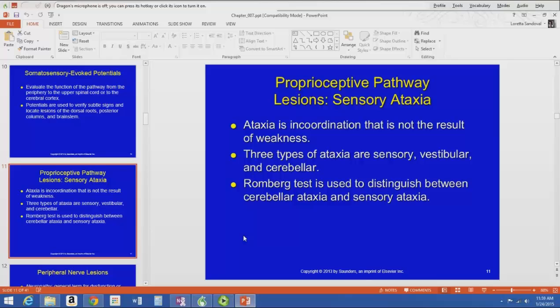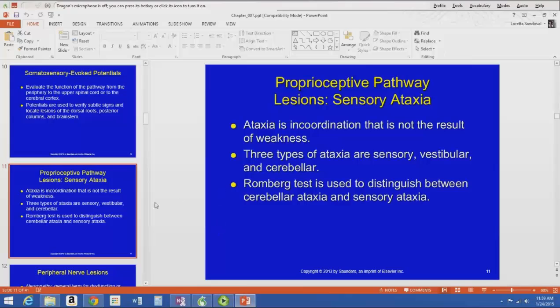So you can file that away in your little test kit. There are various tests that neurologists and physical therapists will use to help distinguish between different types of ataxia. So I want you to know the definition of ataxia, and we will have more and more pathologies where ataxia